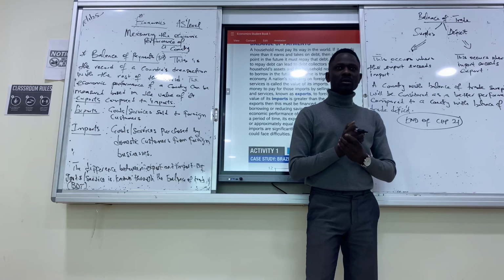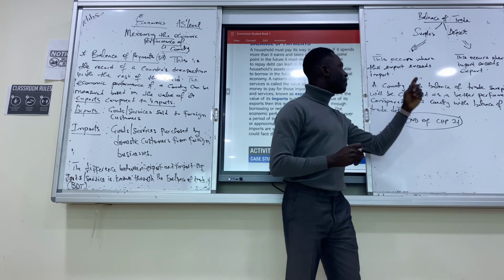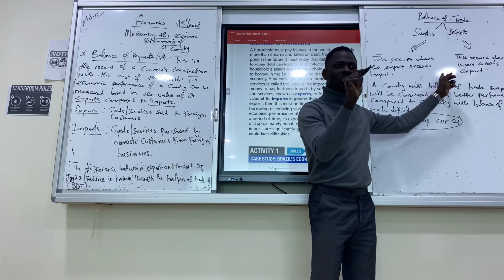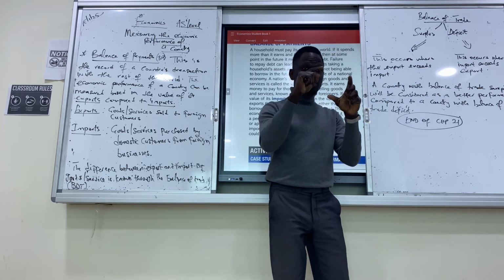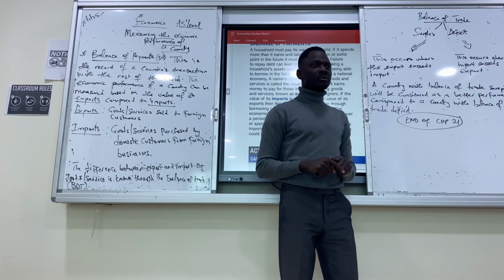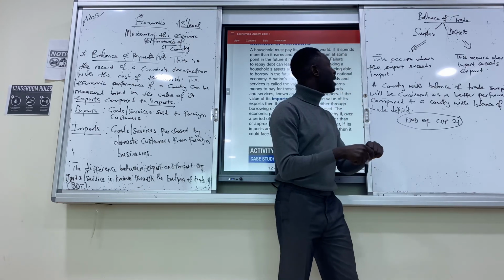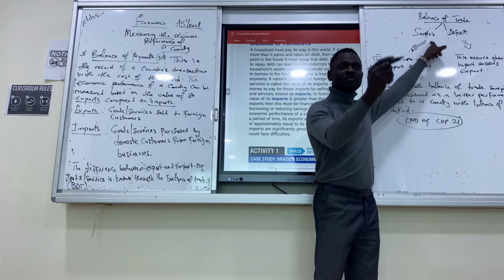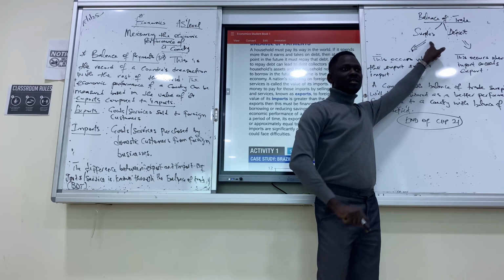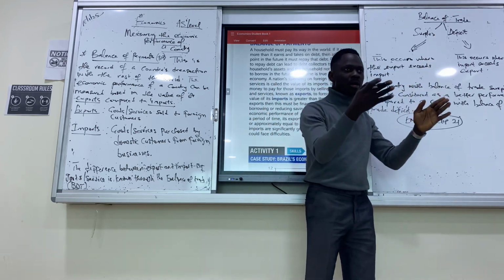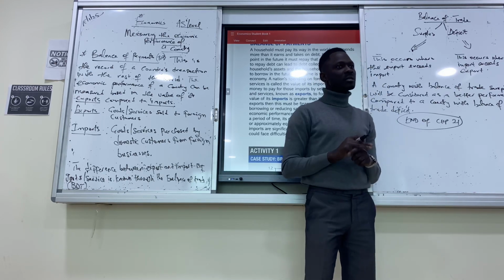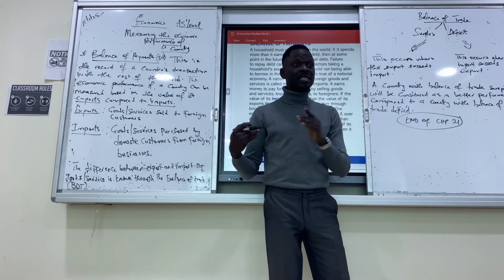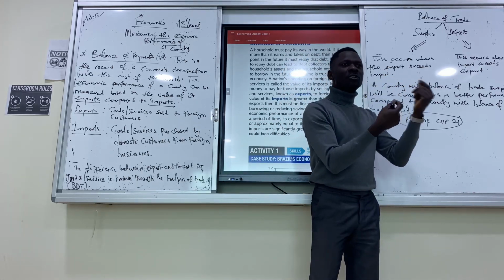Let me try to think about another one. The balance of trade surplus can also reduce the exchange rate. It means the value of your country's currency might fall. So one of the reasons why we could have a balance of trade surplus is because our exchange rate is less. The value of the dinars compared to the dollar is less. So that means the dollar has more value than the dinars. So if the dollar has more value than the dinars, it means few dollars will buy more